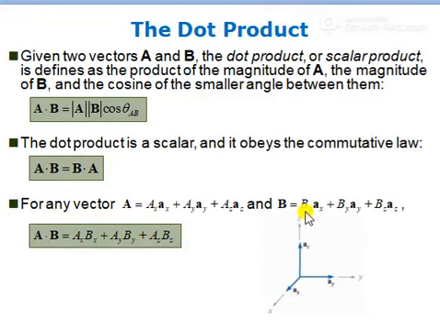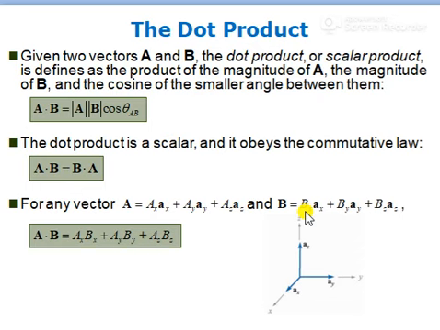Hello students, today we will discuss the dot product. Before going to that, we consider that up till now, addition, subtraction, and multiplication by a scalar of a vector have been discussed, right? So let us discuss multiplication of two vectors, that is, the knowledge of vector multiplication allows us to transform the vector from one coordinate system to the other.